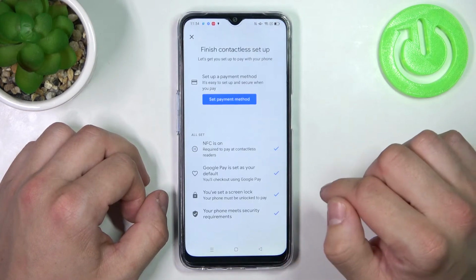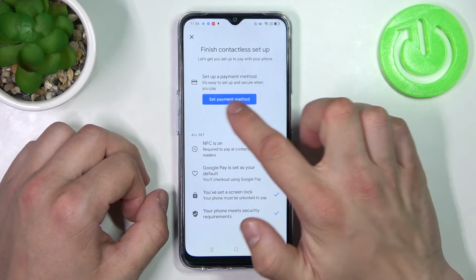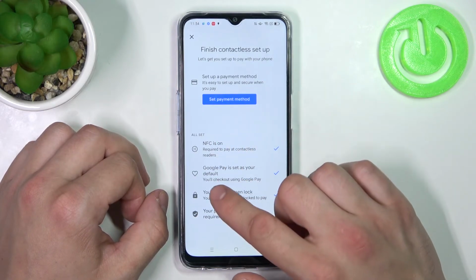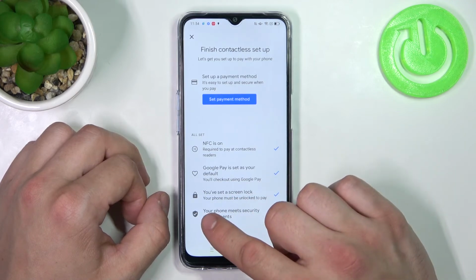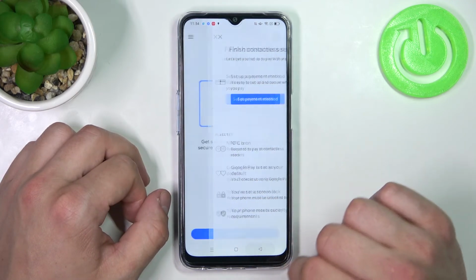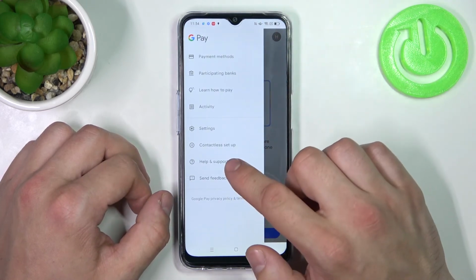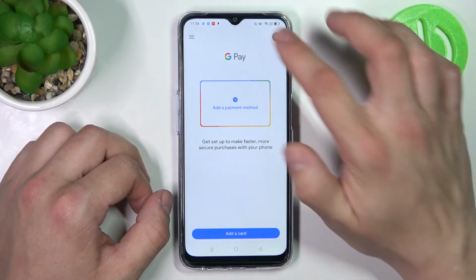Next, we've got contactless setup, where you can set payment method, check if NFC is on, if Google Pay is set as your default, and if you've got your lock screen set, and if your phone meets security requirements. Then we've got help and support, send feedback, and in the end access to our Google